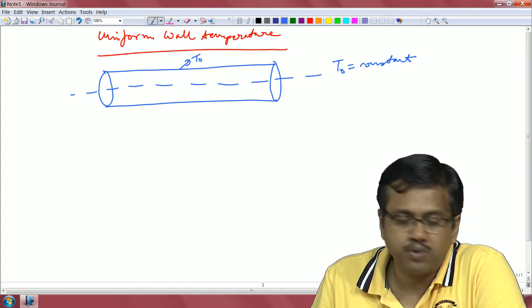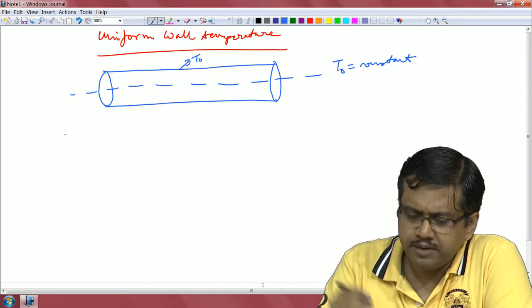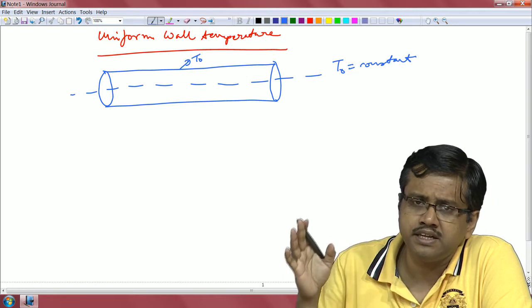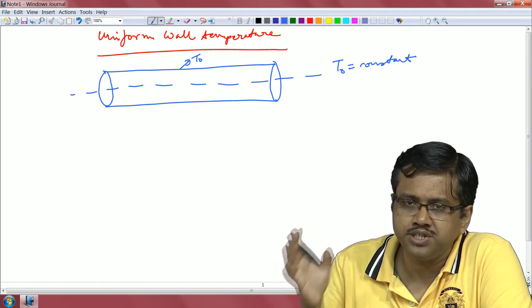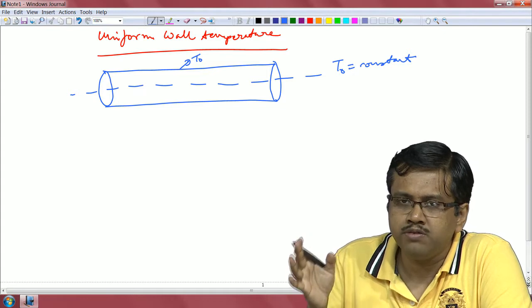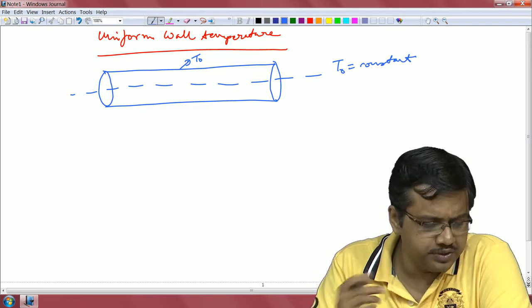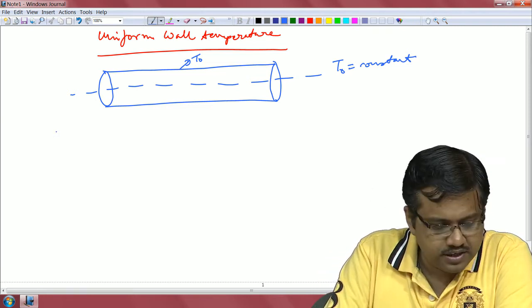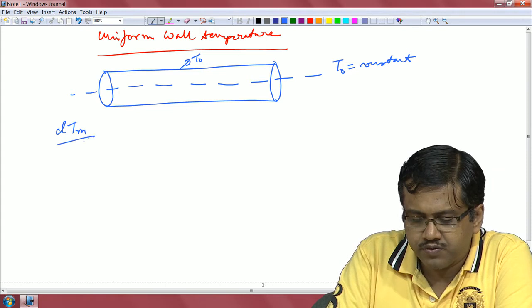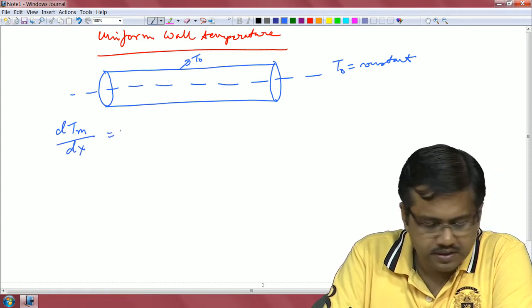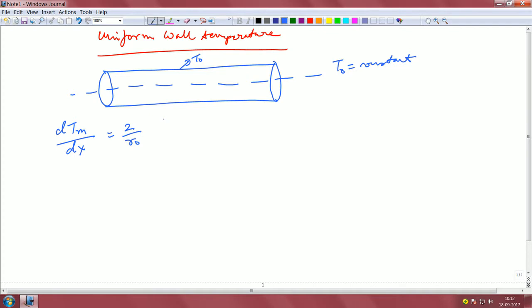So, this time we will see what the Nusselt number value will be, because that is one of the main purposes. Once again, like in the external flow, here also the main intention is to find out the value of Nusselt number, and we showed for that you need the temperature profile. So, similar to last time, this is of course given, it is 2 by R naught. This is a common thing that we wrote initially. This, if you recall, is the average axial velocity,